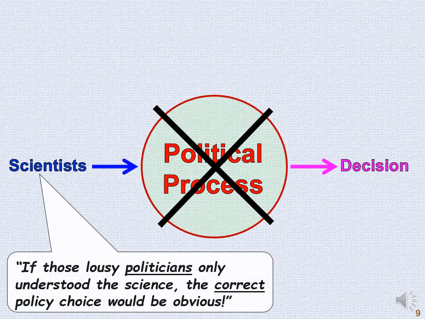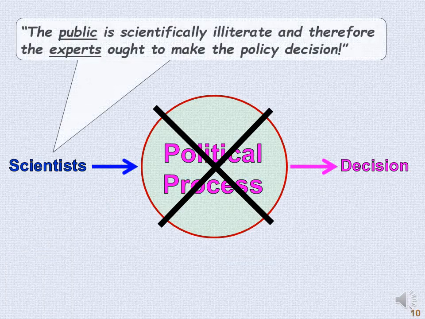If those lousy politicians only understood the science, the correct choice would be obvious. The reason we have problems is because these clowns who are politicians just don't understand things. If we had better, brighter people, preferably scientists and engineers, running this country, we'd be a lot better off. Or